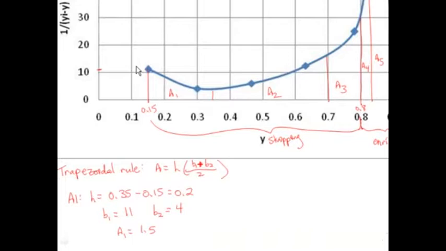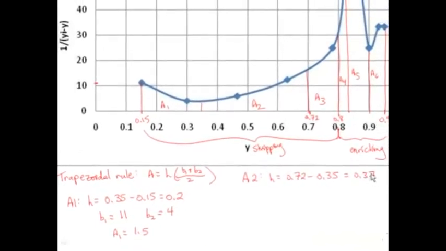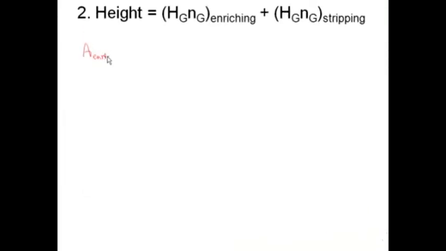Let's do one other area. We'll do area 2. The height equals 0.72 minus 0.35. So this is 0.72. That equals 0.37. B1 equals 4. B2 equals 18. So this is approximately 18. And A2 equals 4.07. So I did this for each of these areas and got A enriching equal to 6.01,